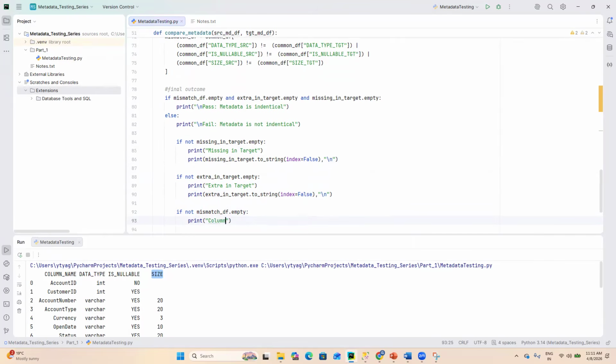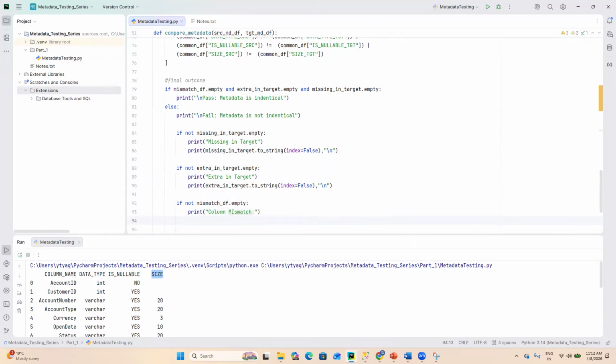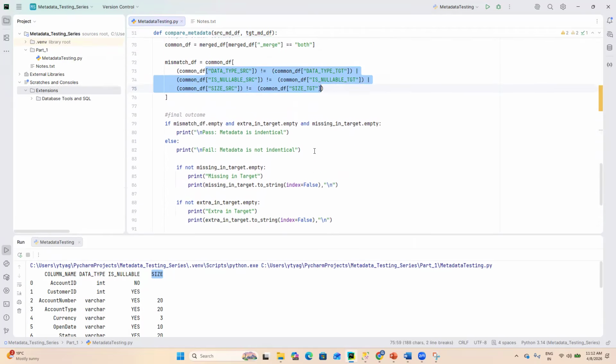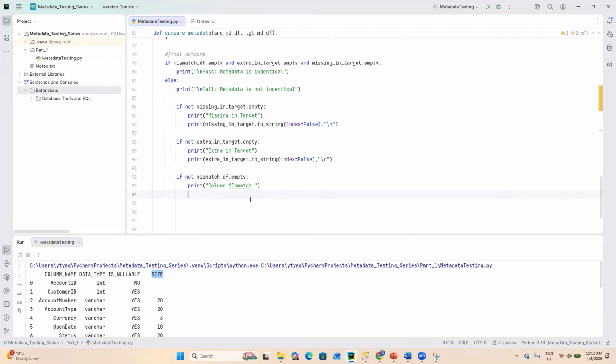So column mismatches, right? So how many columns will be mismatches? You can write there whatever name you have already given in the above one, right? This you can use here. Okay, so how you can print mismatch df. Okay, now under the mismatch df, you have to give